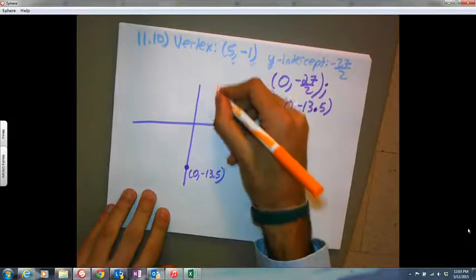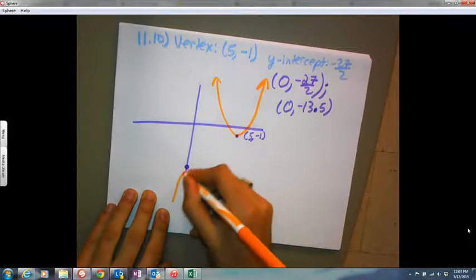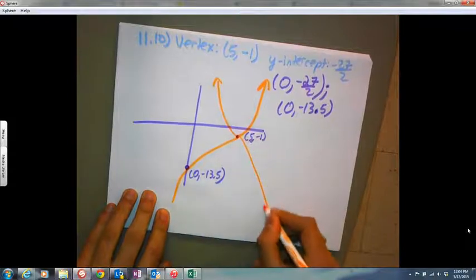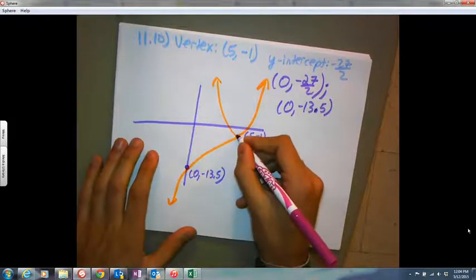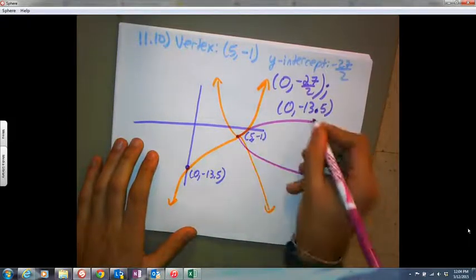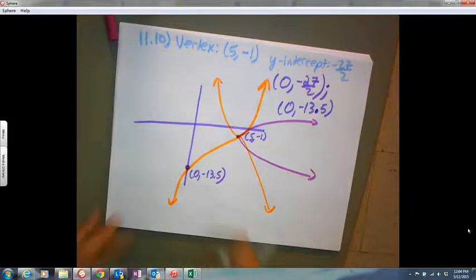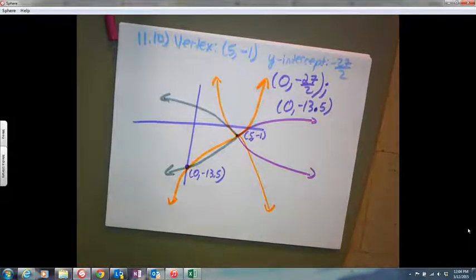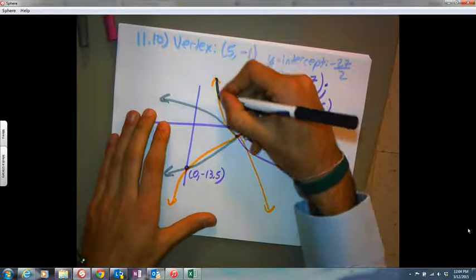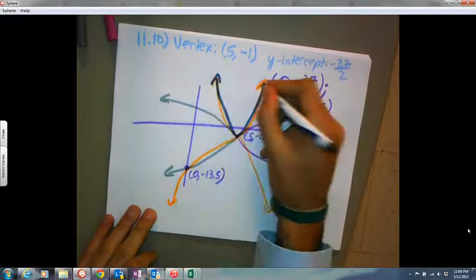We could have a vertical parabola that opens down. We could have a horizontal parabola that opens right. Or we could have a horizontal parabola that opens left. Of these four, and let me change one of the colors here, of these four parabolas we have up here, only 2 of them are actually possible, because only 2 of them satisfy the condition